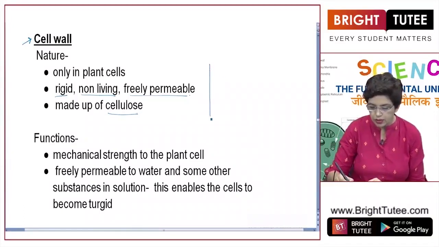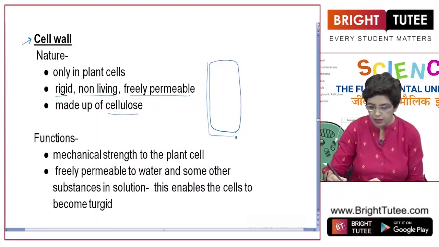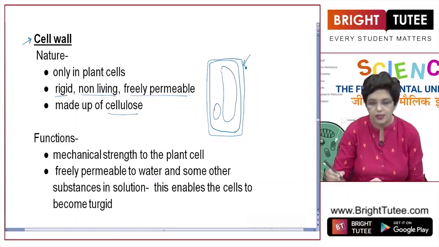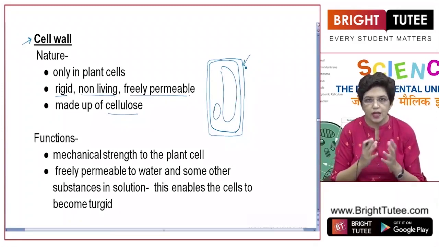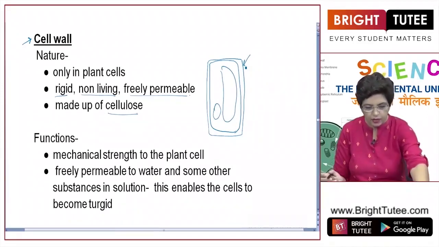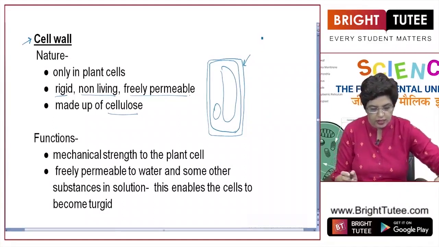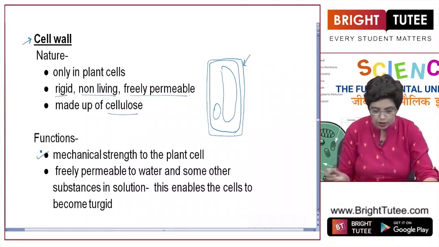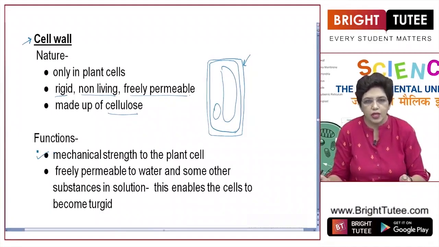So this is a typical plant cell. This is the plasma membrane, and outside the plasma membrane this is the cell wall. Okay, so you have to draw it like this. Then there is the nucleus, then there are other organelles, so that is different. This is the cell wall. I just want to tell you that it is the outermost, it is present outside the plasma membrane. The functions: first, it gives mechanical strength to the plant cell, because I told you it is made